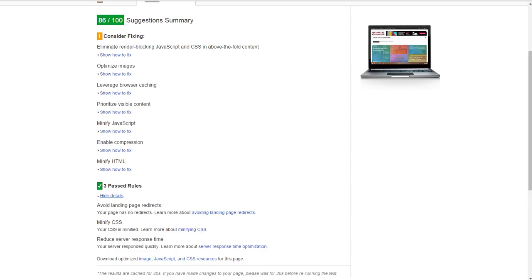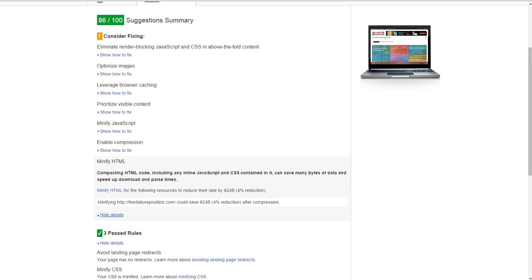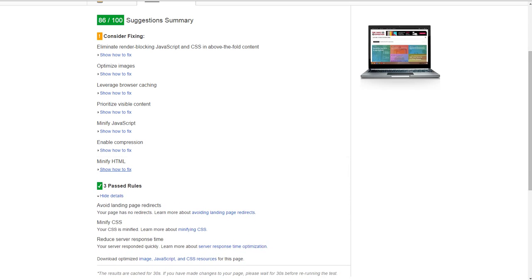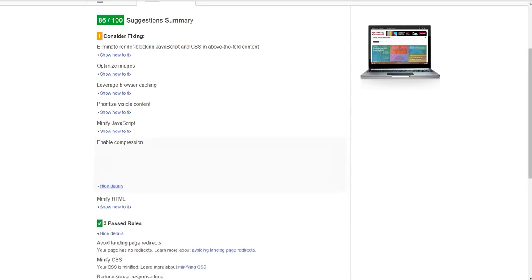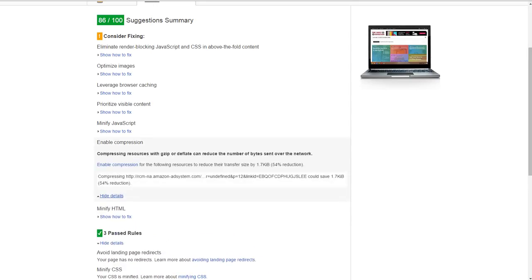Minify HTML simply means that you're removing all the extra white space that might be in your HTML. You typically want to do this as best you can. It doesn't improve the load time that much as some of the other useful tools on here, but it's a good thing to have. Enable compression just simply means to enable gzip on text files such as JavaScript, CSS, HTML,